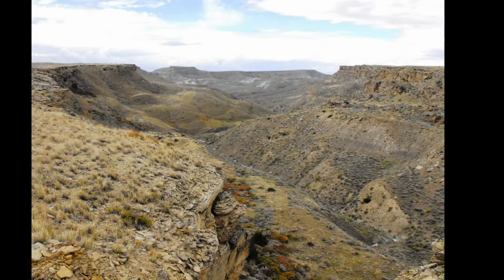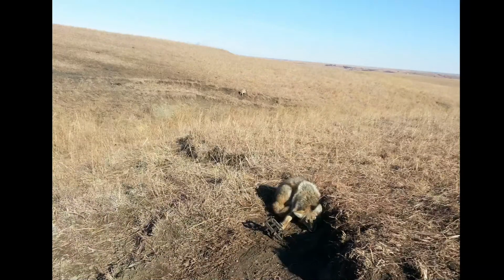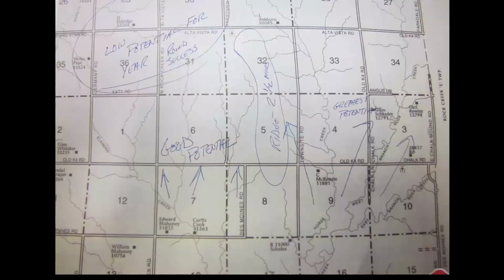But looking at Toy Canyon, we definitely want to trap in that draw. We want to look at the features such as the pullouts where the coyotes could potentially leave the bottom of the trails. So when we're in this scenario, there's obvious places like that. Less obvious locations to catch coyotes would be smaller drainages. Here I caught a nice double, but the drainages, just like I'm showing in this plat book here, is